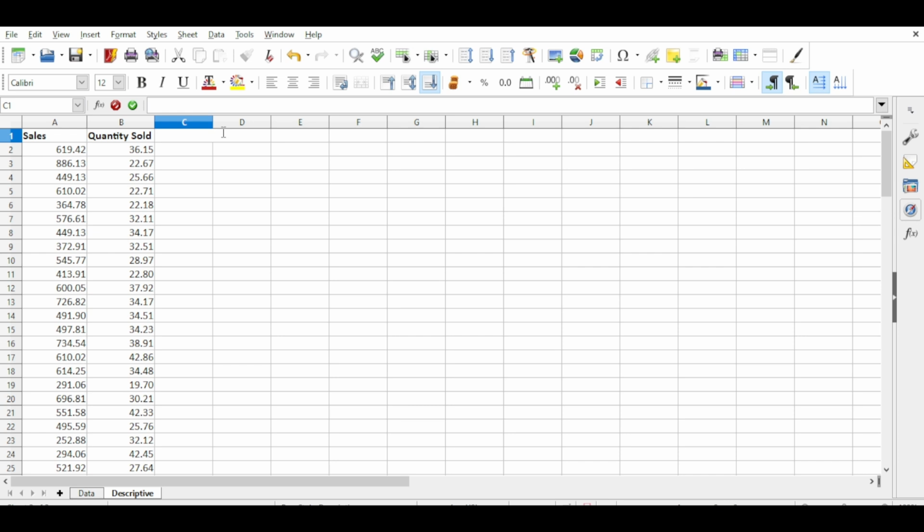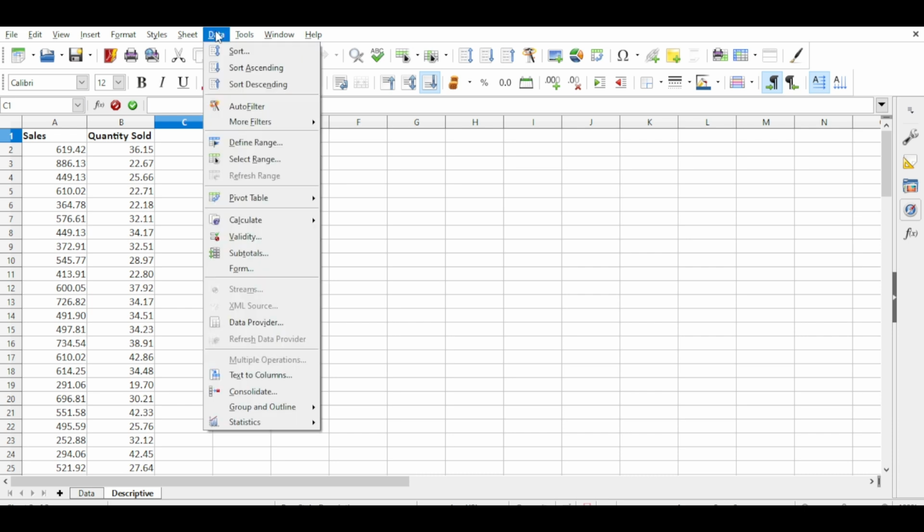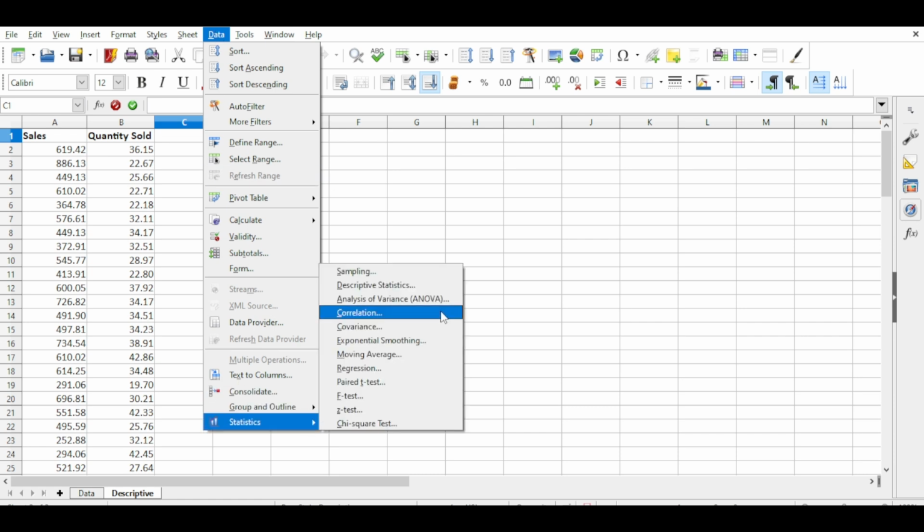At first, we are going to proceed to the data tab, which is over here. For me, this is an older version of Excel, so if I go to the data tab, I'll simply go to statistics and then go to descriptive statistics. But for those of you that have an upgraded version of Excel,